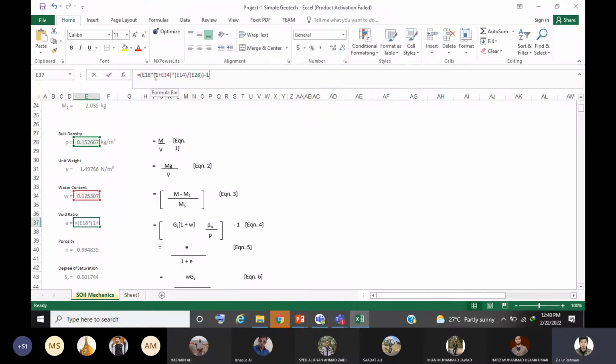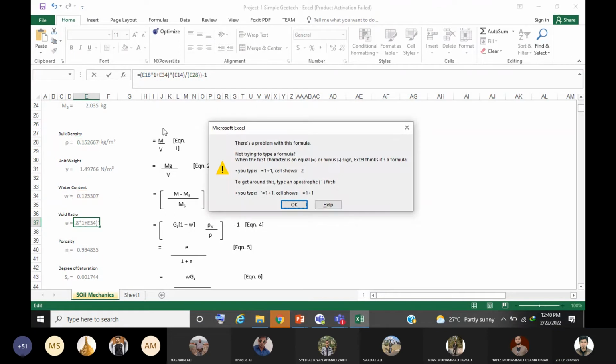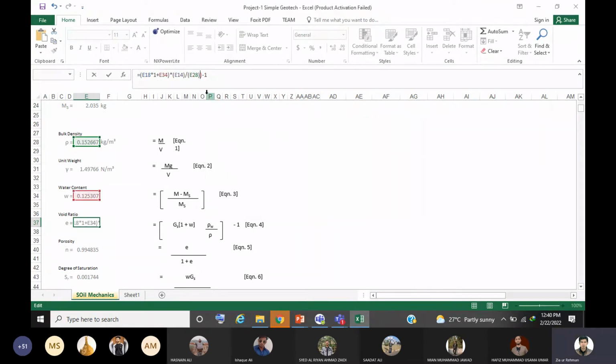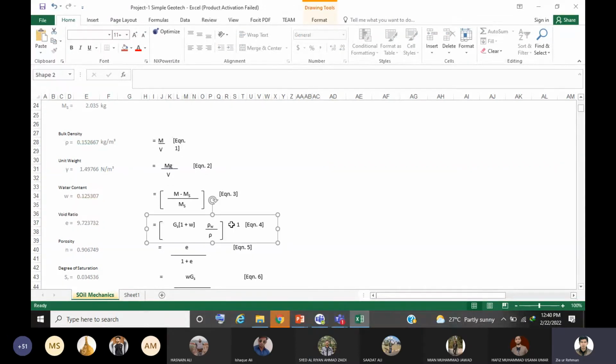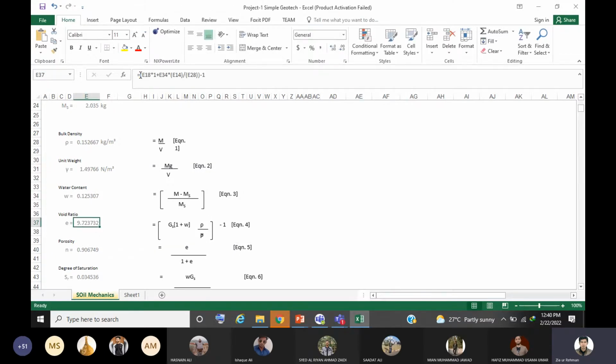So let's say instead of this, if you just go like that, if you just give it a wrong order, you see that value has changed. So now it means that first it is multiplying all these factors, then it is multiplying it with this, and then it is dividing it with this value, and then minusing, as we also have -1 in the formula. Here you see that we have the -1 in the formula, which is outside these brackets. This is the main bracket.